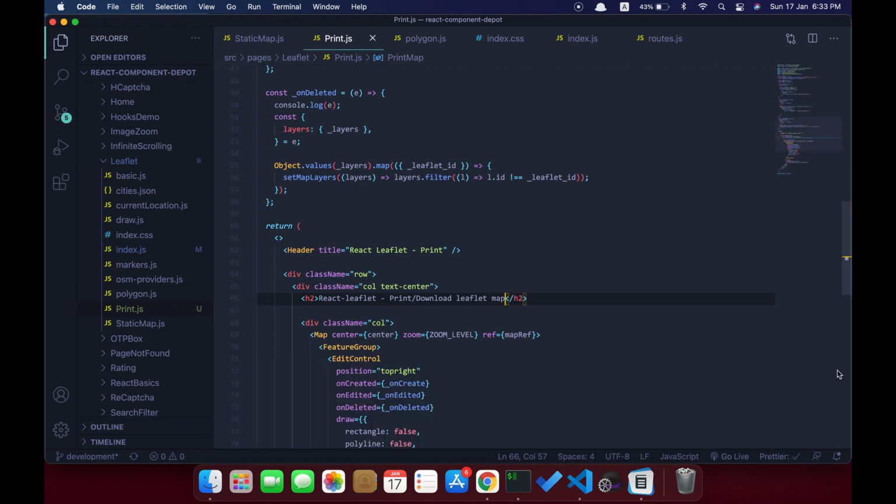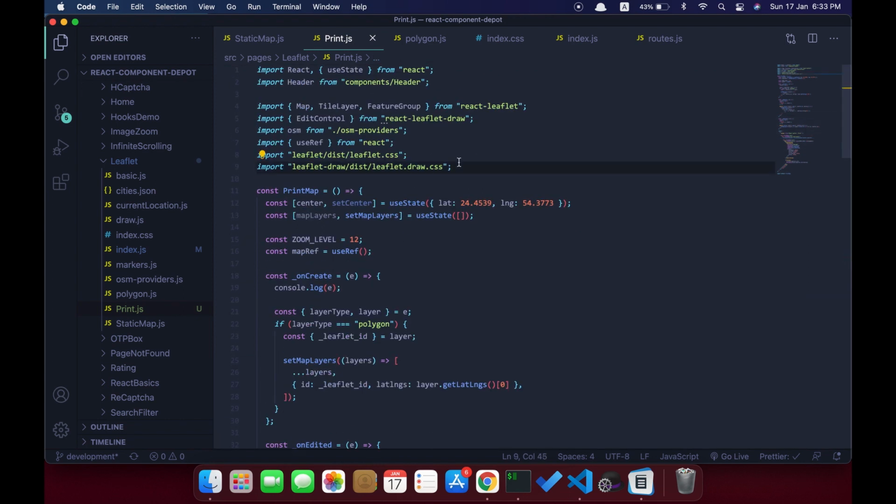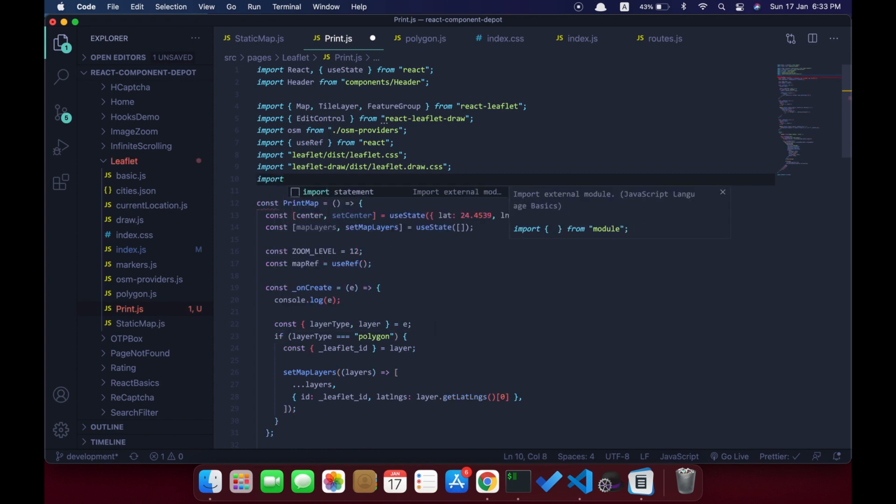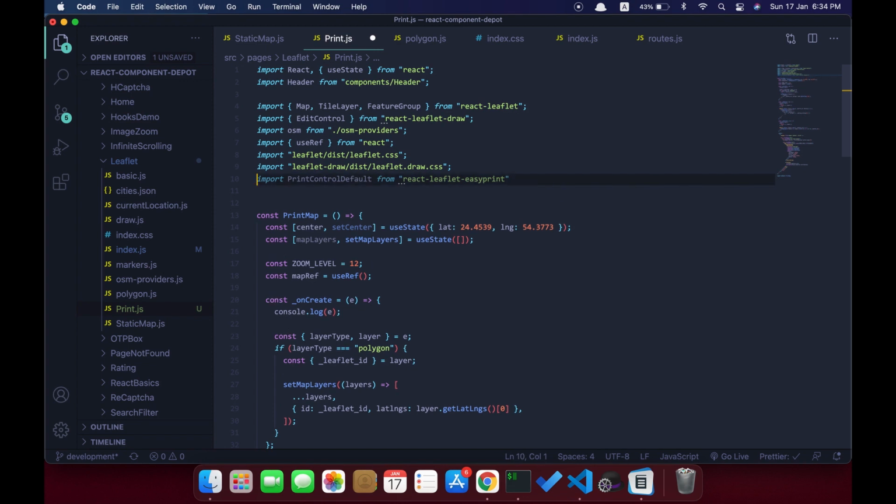So our component is installed. So let's import the print control, and we need to pass this to the leaflet with the leaflet option, so that it has context to the leaflet that we are going to display.